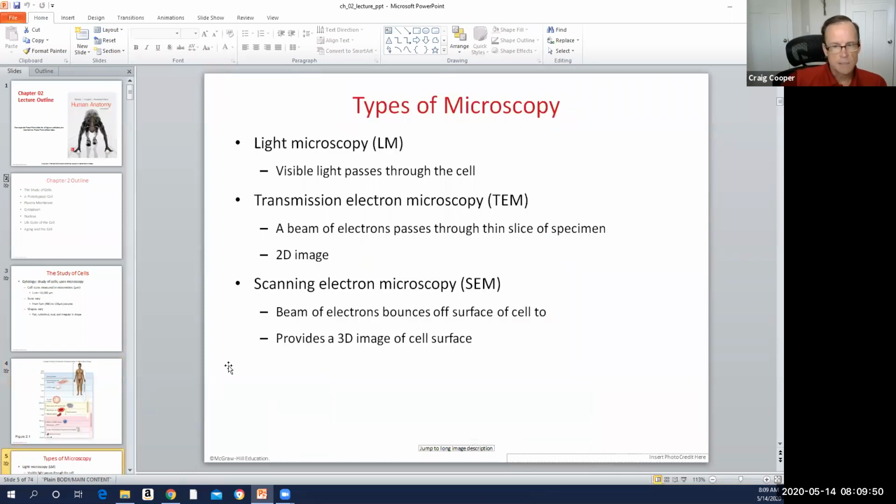So in order to visualize most of these cells, we need to use a microscope. And so we're going to look at different images over the course of the semester